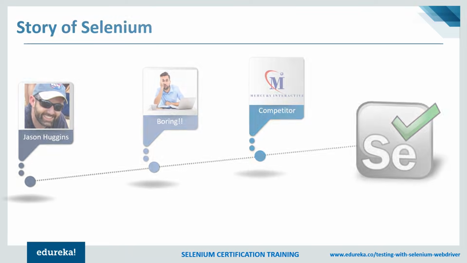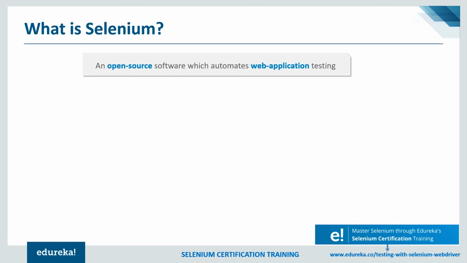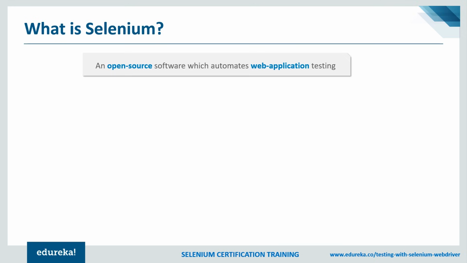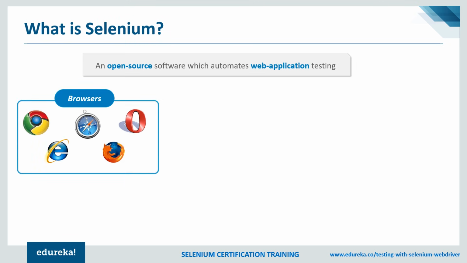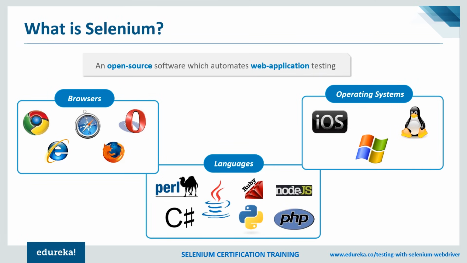Now let's go ahead and understand about the software Selenium. Testing is a repetitive and iterative process. So what does Selenium do? It automates routine tests, making work less boring. Selenium is restricted only to web application testing. That's right, only web applications, no mobile applications. It works in different browsers such as Google Chrome, Opera, among others, can be accommodated in different operating systems such as iOS, Windows, Linux, and can also be integrated with different programming languages such as Perl, C#, PHP, among others including Java. But why did we choose Java particularly for Selenium? We'll answer that in a short while.